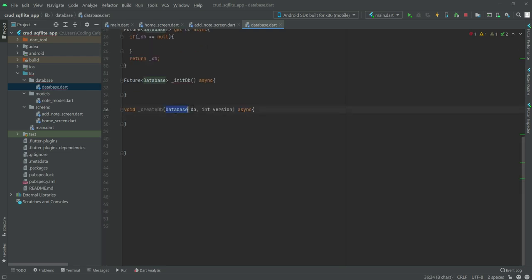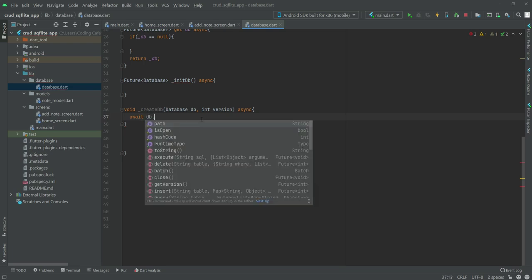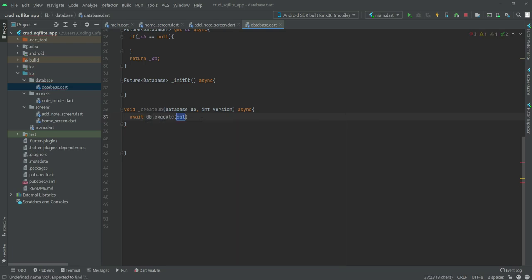So we have a Database variable db, and then we have an integer version, and in here we will say await db dot execute, and right here we will say CREATE TABLE. Make sure that you type it in capital form.